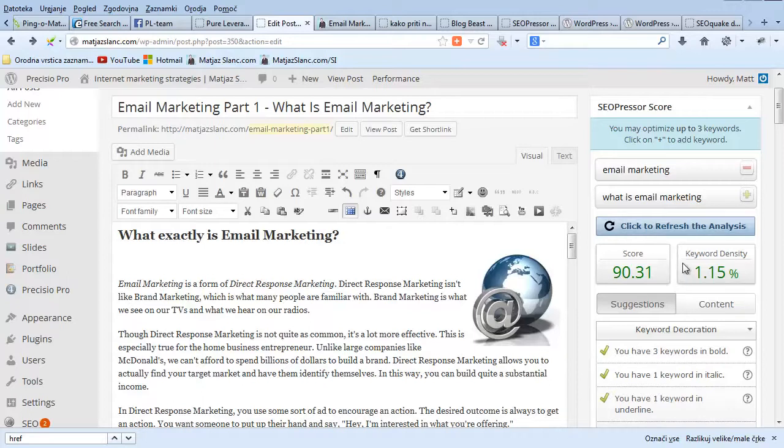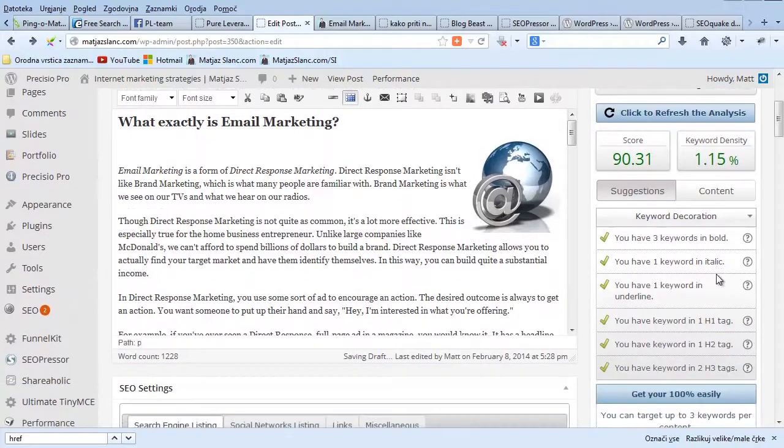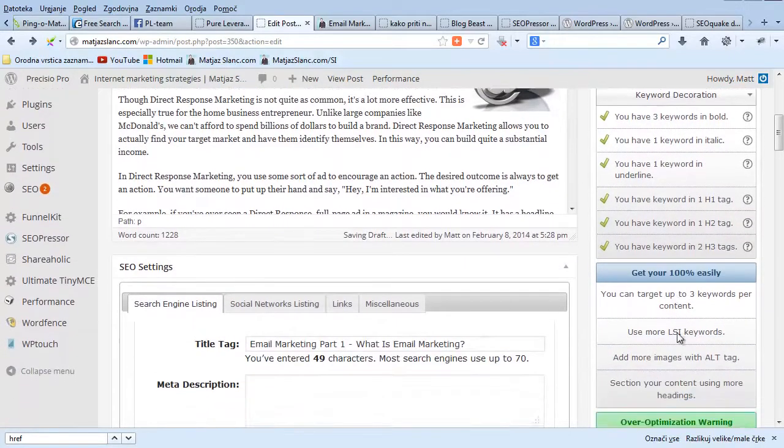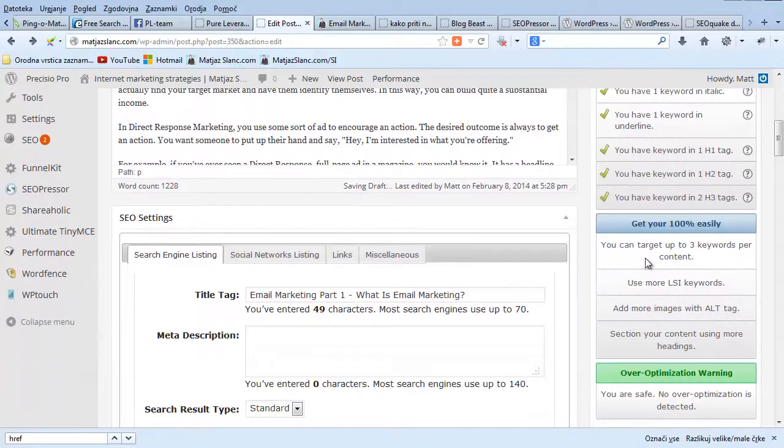Tukaj je pa gostota ključnih besed 1,15, kar je tudi super. In potem nam tukaj vse piše, kaj smo že naredili, oziroma tukaj dol nam piše, kaj bi bilo dobro